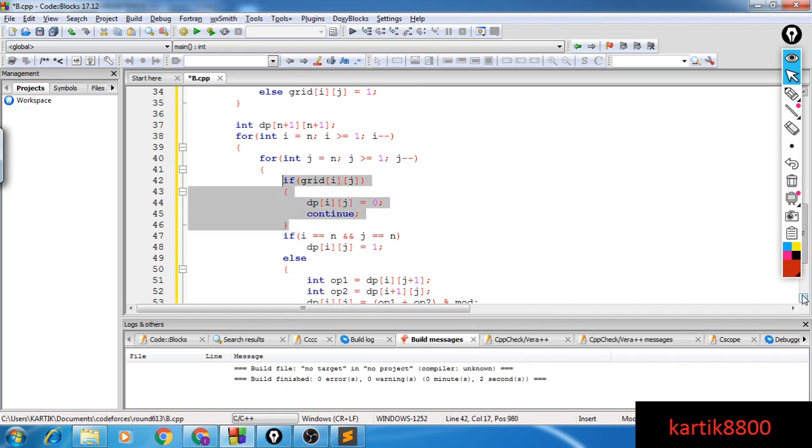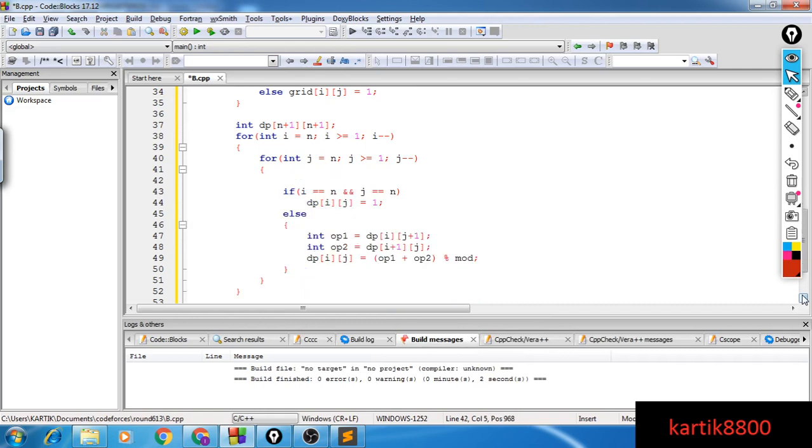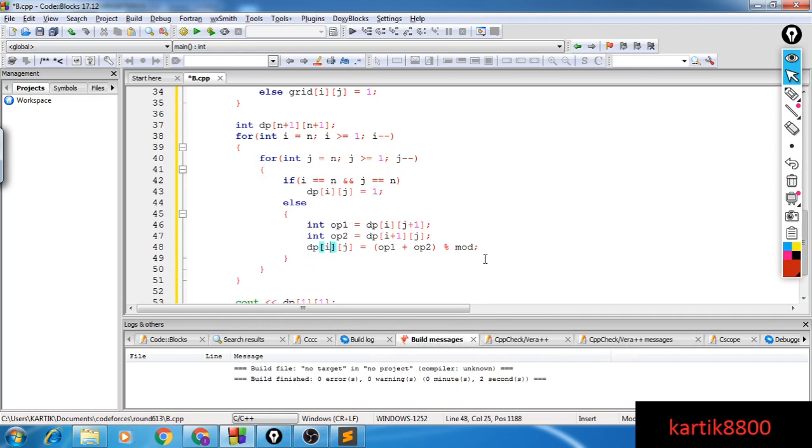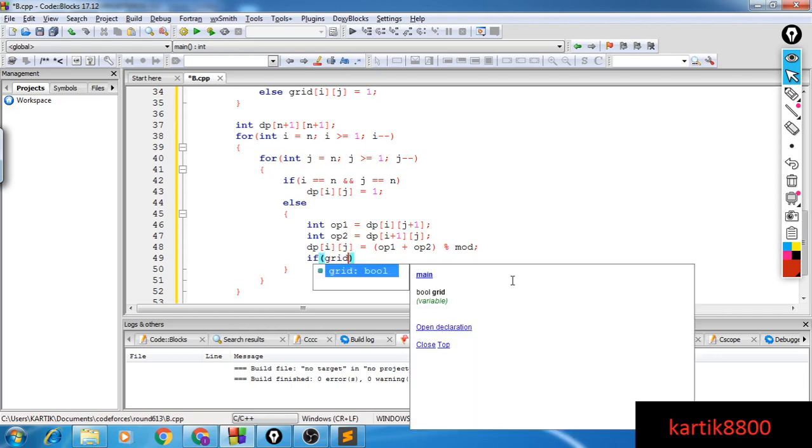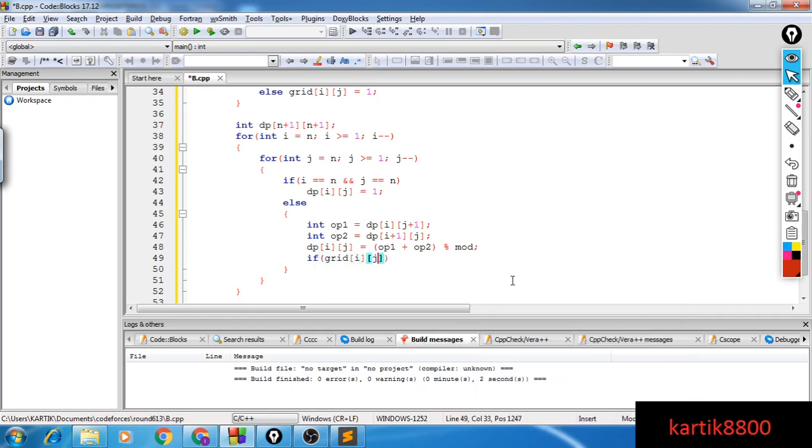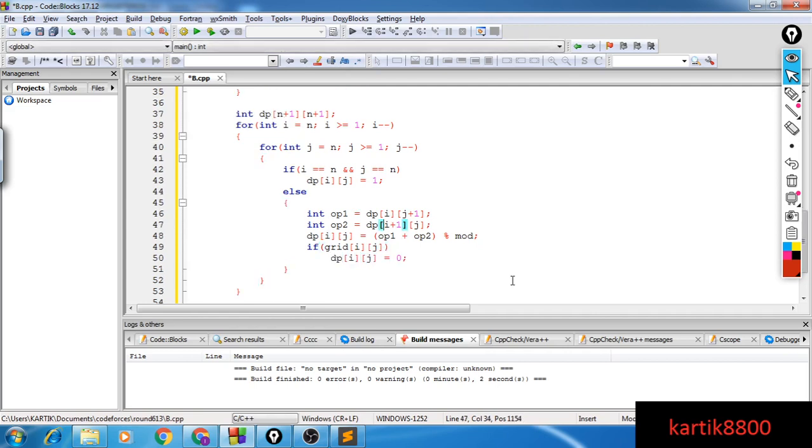But shorter code would be that instead of writing this thing here, I'll handle that also here only. So once I've done this, if my grid[i][j] says that the cell itself is blocked, then dp[i][j] becomes 0. Moreover, option 1 and option 2.